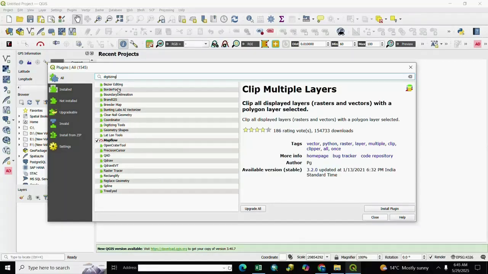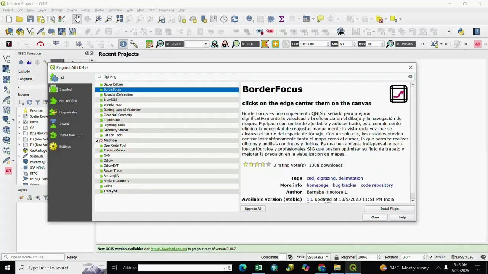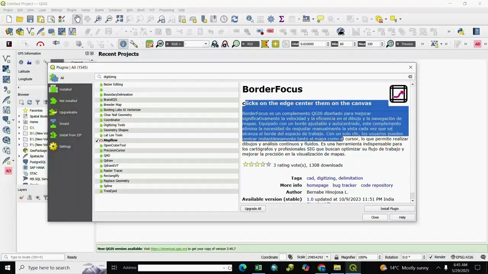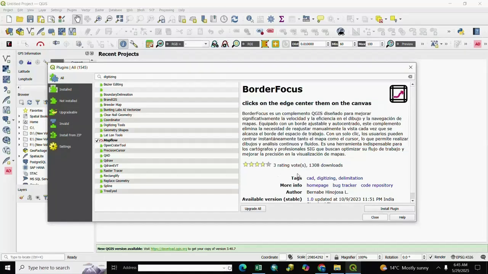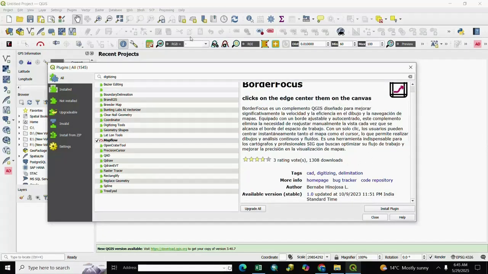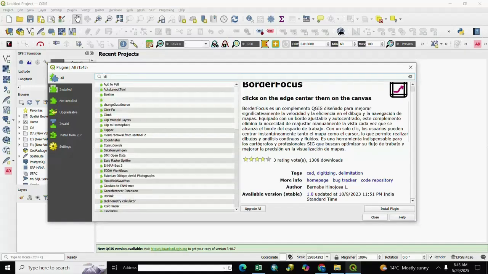If you want more detail, you select it. Here is the description. Here is all the detail, rating and downloads. If you want another plugin, you write here. If you want a clip related plugin, you write here clip.